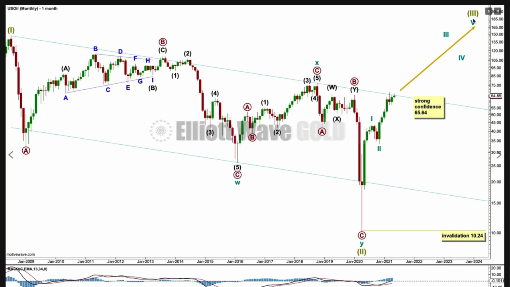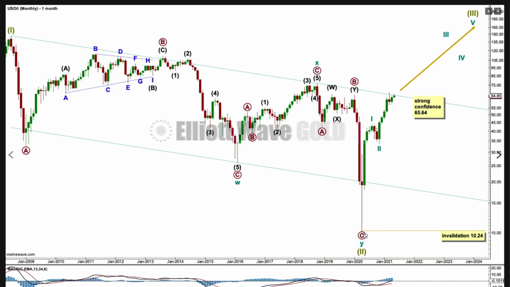So I don't have an upward target for this wave to end for you, and I can't calculate it until 1, 2, 3 and 4 within it are complete. But it is substantially above this price point, the all-time high for oil back here. This third wave may only subdivide as an impulse, which is the simplest motive wave structure. 1, 2, 3, 4, 5 will be how it's labelled at cycle degree.